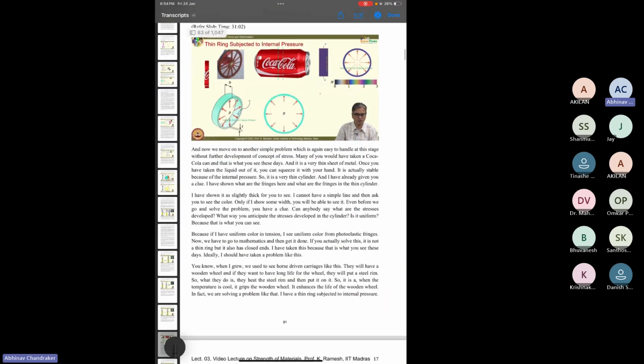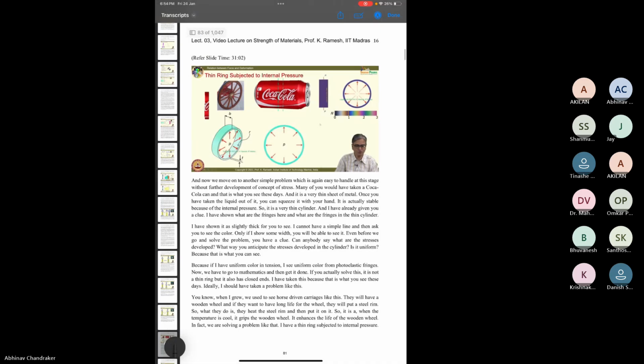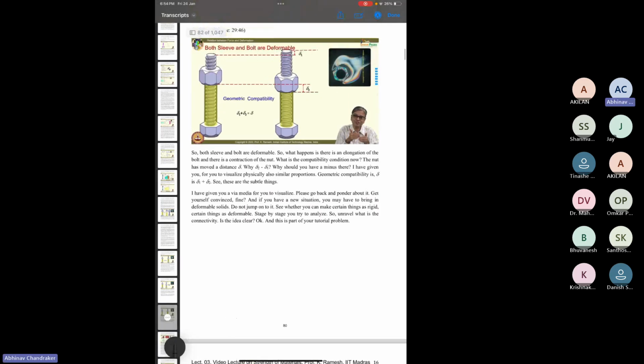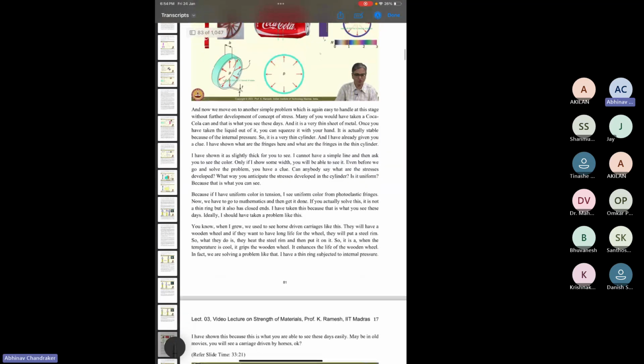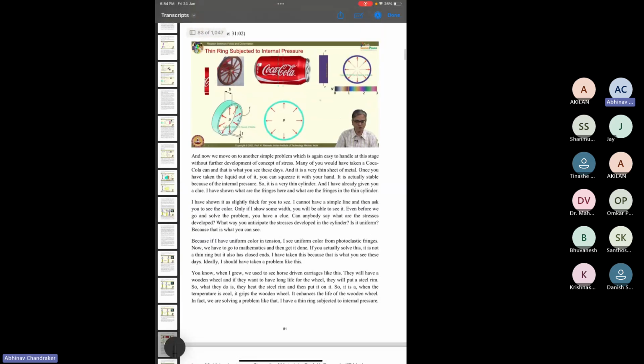After looking at the deformation in materials, the elastic deformation, we'll also look at how the deformation will be for a ring which is experiencing uniform hoop stress. So for example, if you have this kind of a thin ring and it is experiencing some loading which is uniform in all directions, how will that lead to stresses developing within the material, and what effect will it have on the extension of the material,